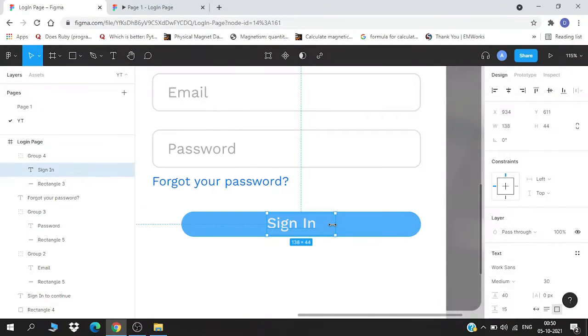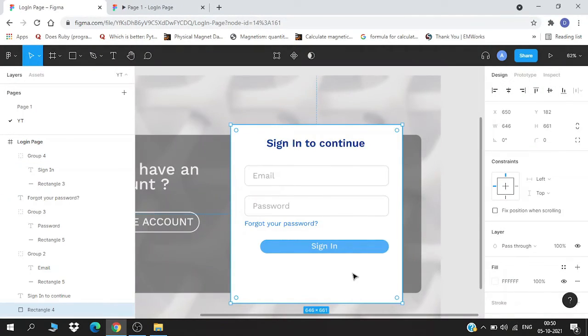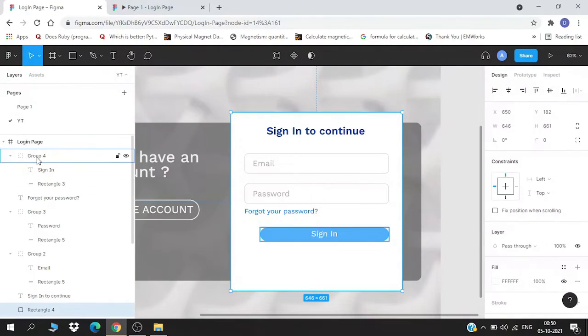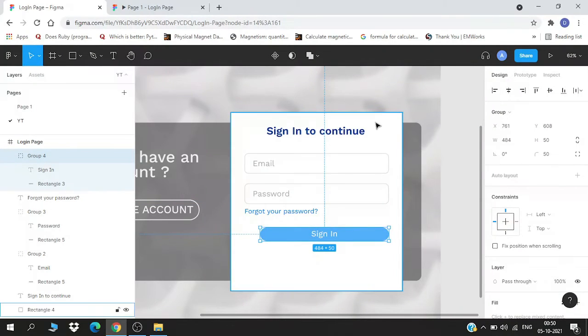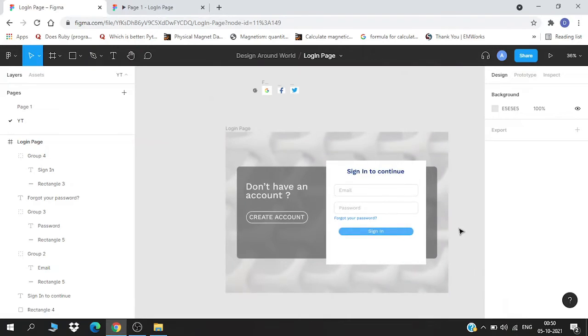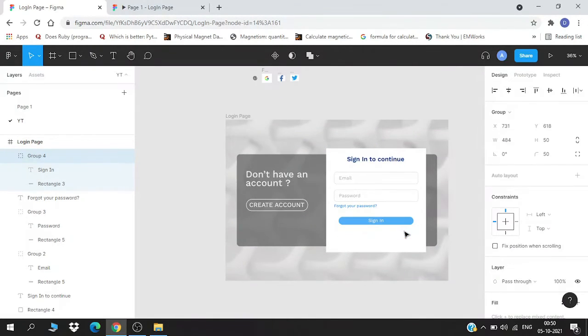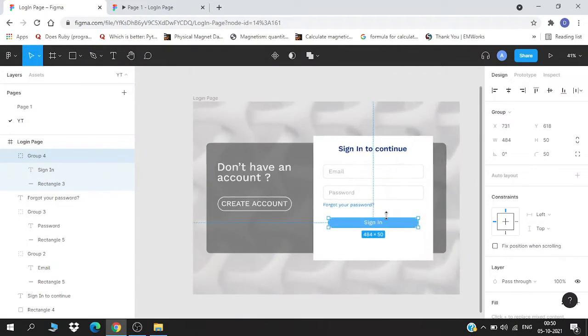Actually, I'll just align this one with this one. Now one page is almost ready, so we are left with our icons.